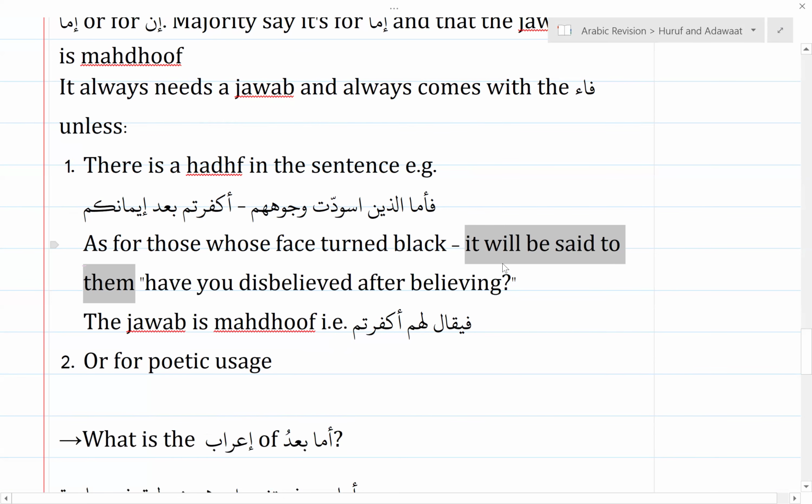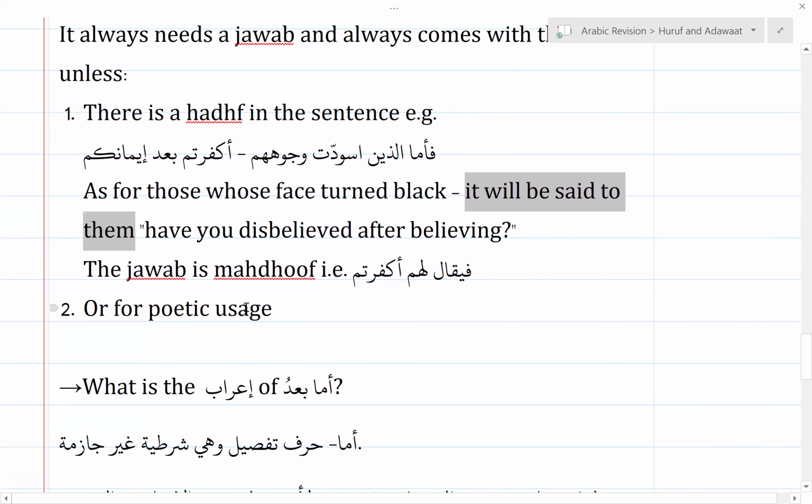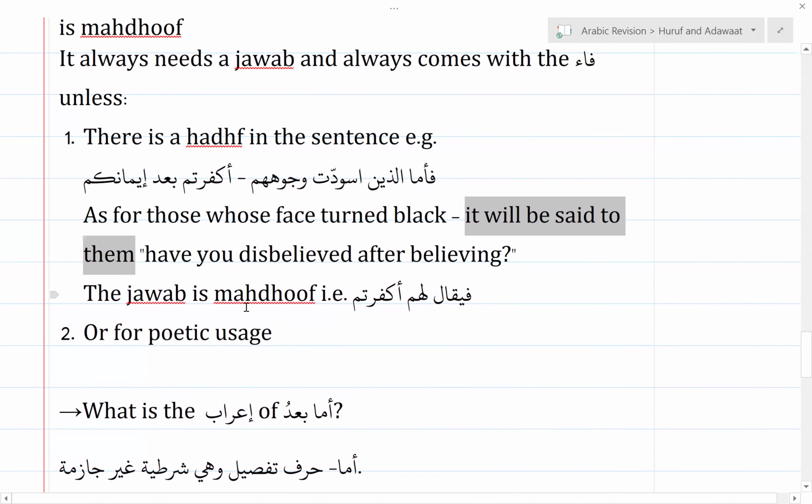It has happened, I think, several times in the Quran. Or they can just take a poetic license. Some poets will say, it doesn't rhyme very well for me to use the fa, so I'm going to omit it because it doesn't sound well. So if you're writing poetry in Arabic, you have the poetic license to omit the fa. Those are the only two reasons where you can have the jawab and the fa missing. Is that clear so far?